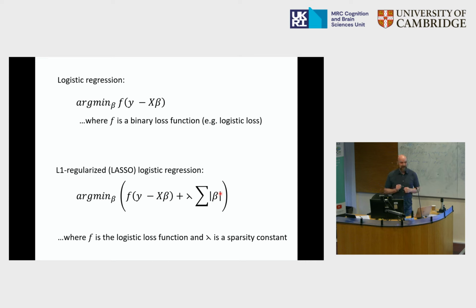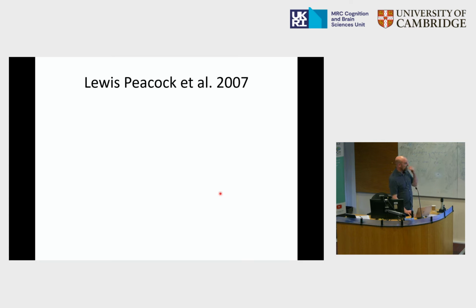Why is it good to minimize that sum? Well, one way of minimizing that sum is to put as many zeros on those coefficients as you possibly can. And if you put a zero coefficient on a voxel, what does that mean? It means that voxel is not needed to predict well. So when you fit this regression model, it automatically selects a sparse set of features that are doing well at predicting your outcome label. This is called the lasso logistic regression.